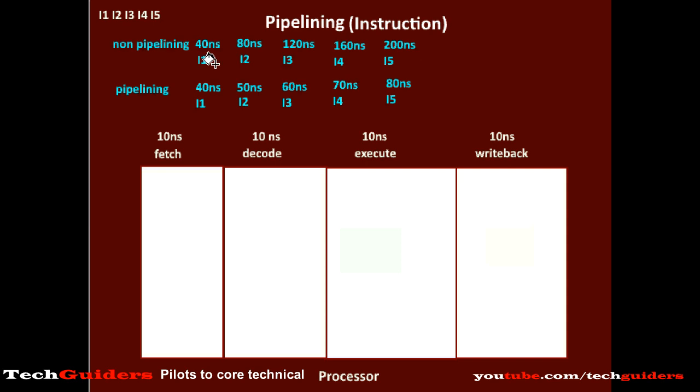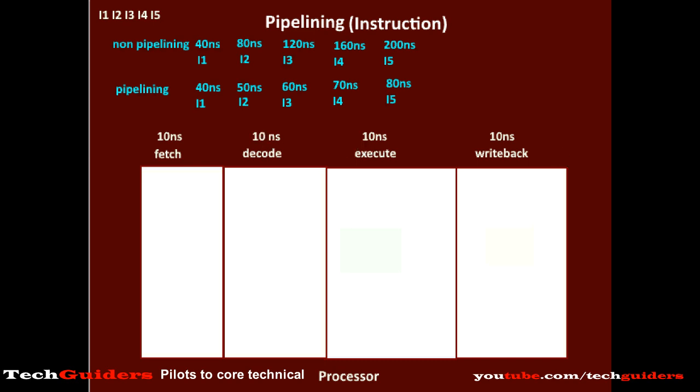Thus, in the non-pipelining approach, we get the first instruction out in 40 nanoseconds. Same with the case of pipelining. The first instruction is out only at 40 nanoseconds. That is, to fill the pipeline, it takes some time. Then in the non-pipeline approach, in every 40 nanoseconds we are getting one instruction out. But here, in every 10 nanoseconds we are getting one instruction out, where 10 nanoseconds is the time taken for